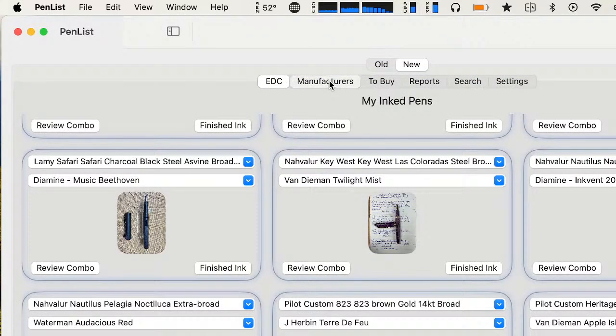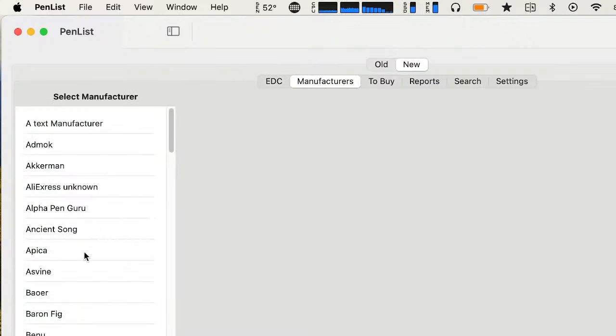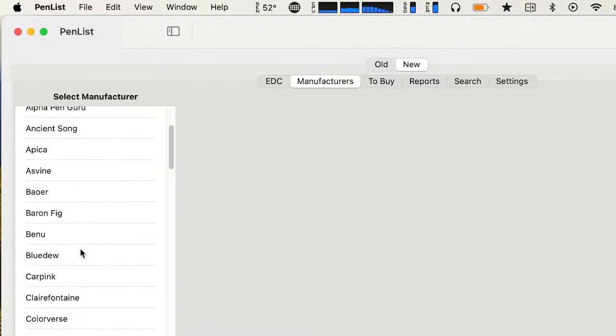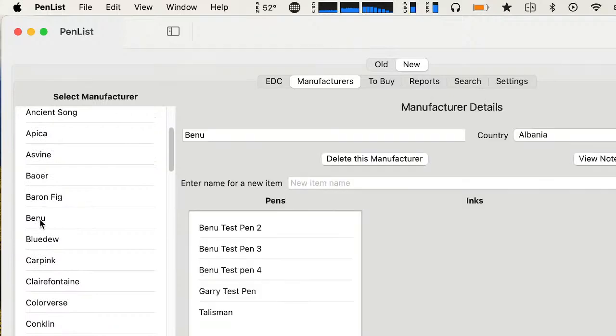The next screen is the manufacturer screen, so I'm redesigning this. So here, a little bit more space. So again, we're going to go to Bennu. So I can see here, these are the details about the manufacturer. So the name, country they're from, and then I can add new items if I want to. So if I wanted to add